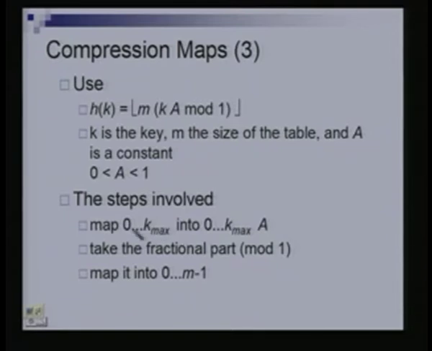Okay, I will repeat this. You first took your key, multiplied it by a, where a is some number between 0 and 1. Then from what you got, you took the fractional part of that number, which is again something between 0 and 1, and then you rounded it down. So this is another popular compression map. You could have done something different also here. You could have, for instance, said, okay, this gives me a number, and I could just take this and map it to 0 through m minus 1 directly, although it is not clear how you would do it, perhaps divide by m or some such thing. So this is one popular way of doing things, and